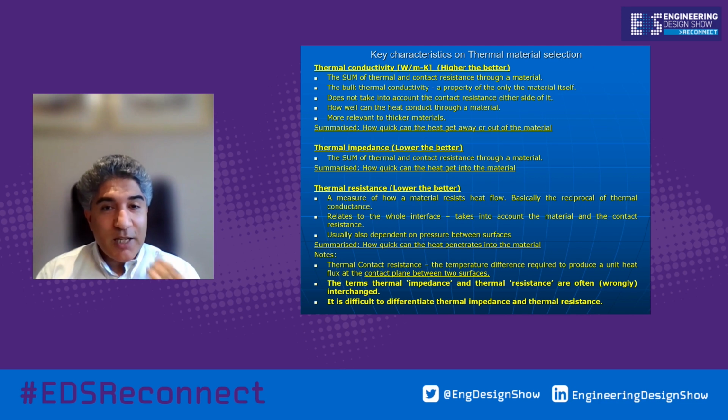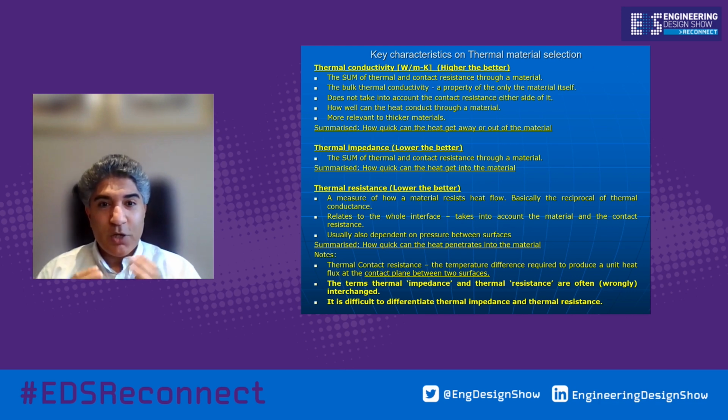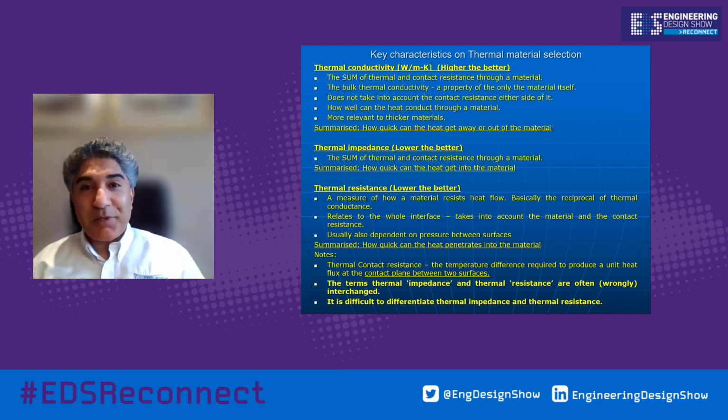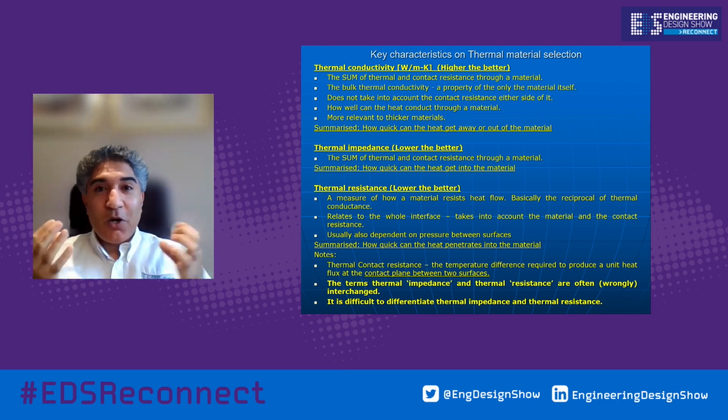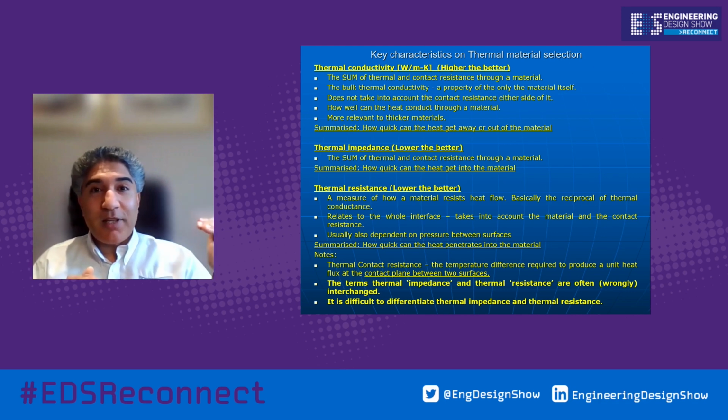The thermal impedance: a thinner material will get the heat into it, but if it doesn't penetrate through and out, you're not going to get good thermal effectiveness. So what we try to say to customers is, please have a low thermal impedance. The next thing to think about as a characteristic is the thermal resistance. Thermal resistance, you want it as low as possible, as in penetrating heat into the material through and out. The thermal academics struggle distinguishing between thermal impedance and thermal resistance. What we are saying today is try to keep them as low as possible and have the thermal conductivity at